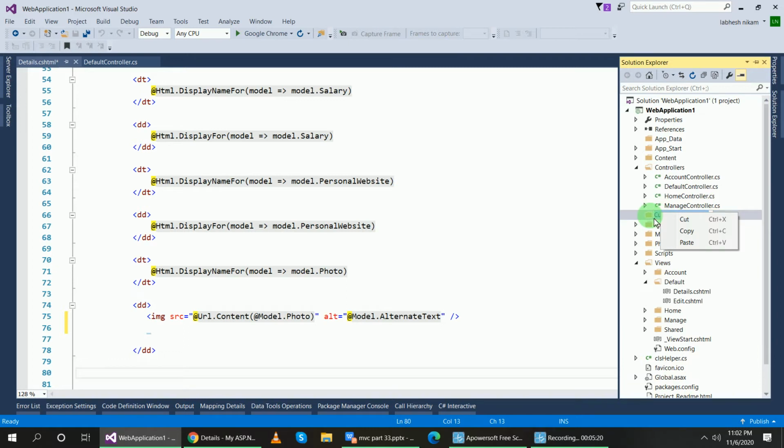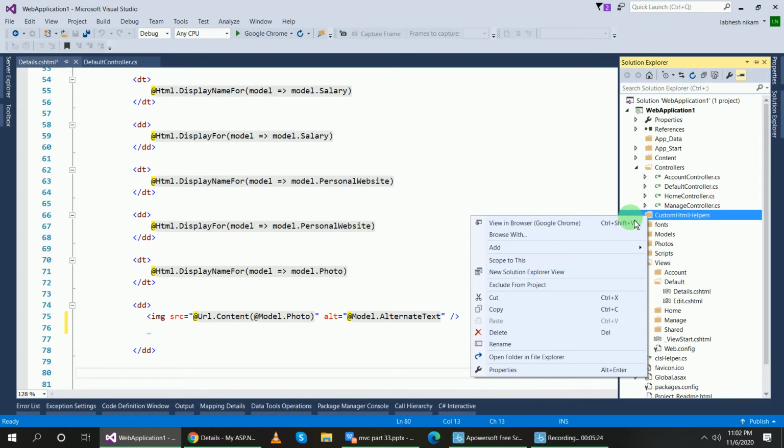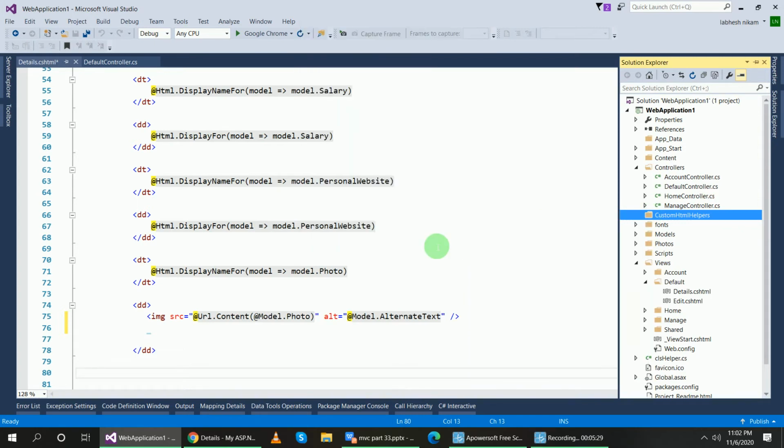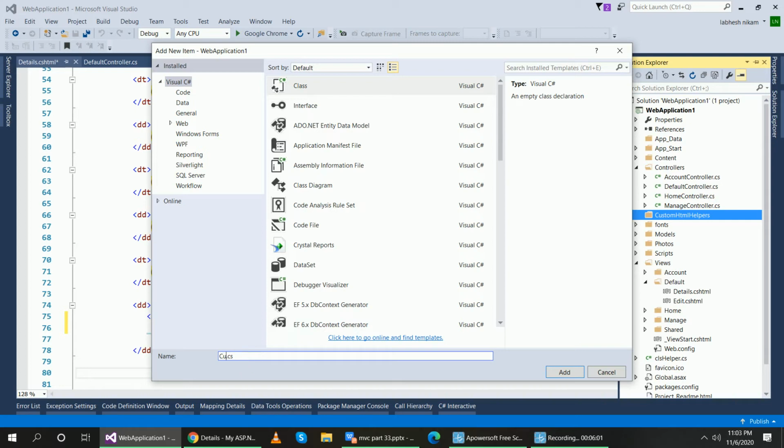For that, right click on this folder, add class, and give the name CustomHtmlHelpers.cs.